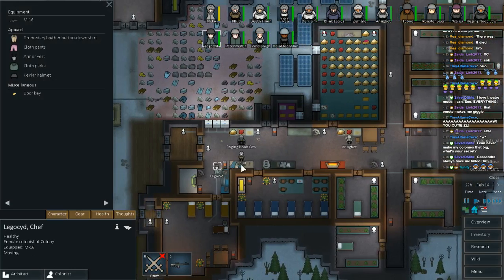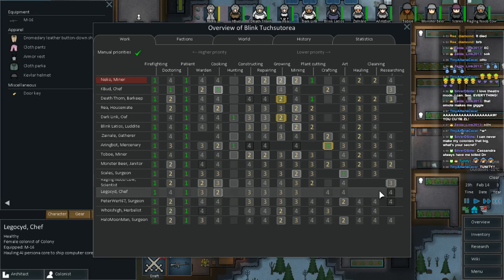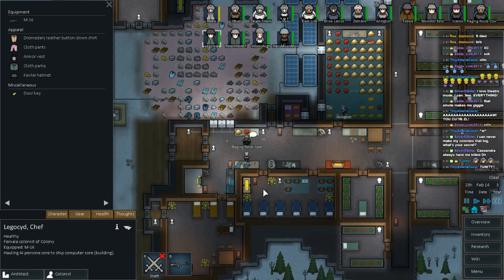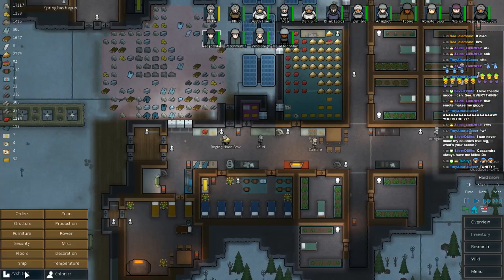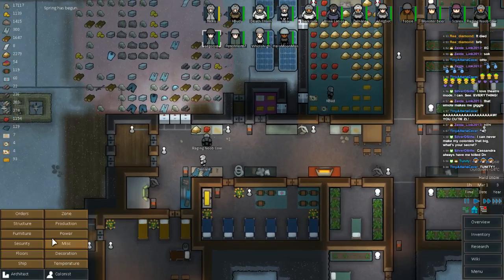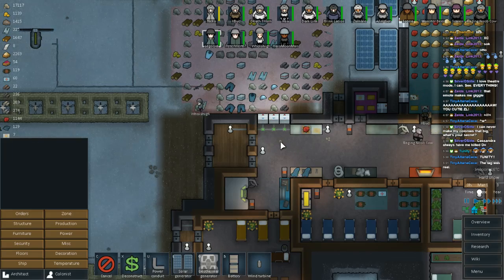Lego is doing absolutely nothing. Then again, Lego... What can you do, Lego? You are a chef. So you don't really have much you can do aside from these important initial tasks. I could get another cook stove. Might be a good idea, actually. Because we had one before, but then we nixed it. I could deconstruct this here and get another...